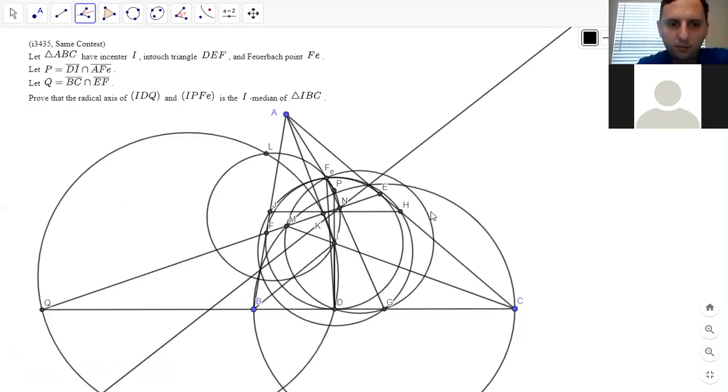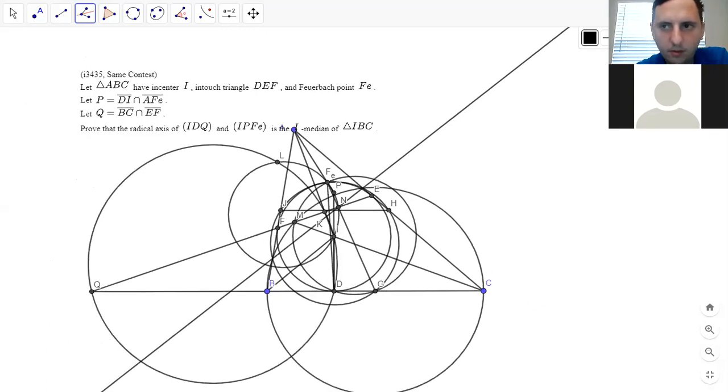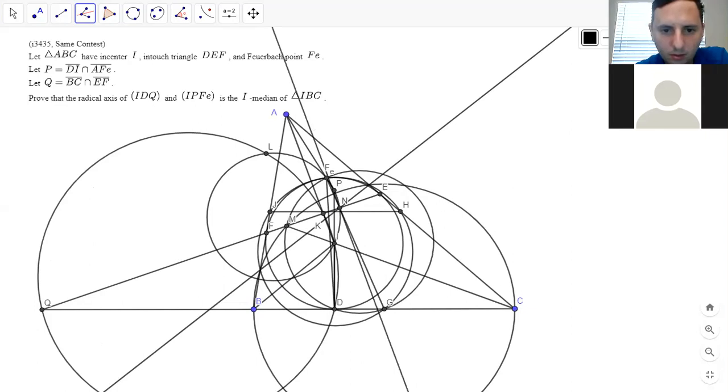So the angle FE DI, that thin angle in the picture, would need to be half of the angle PNG, but